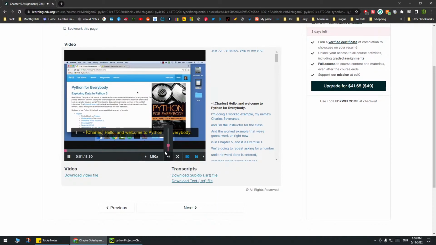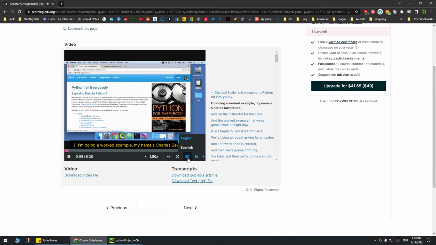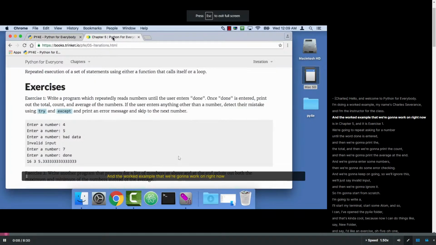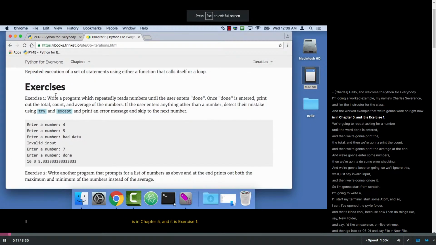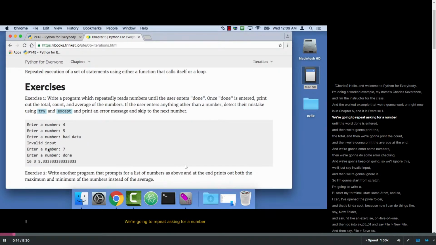Hello and welcome to Python for Everybody. I'm doing a worked example. My name is Charles Severance and I'm the instructor for the class. And the worked example that we're going to work on right now is in Chapter 5 and it is Exercise 1. We're going to repeat